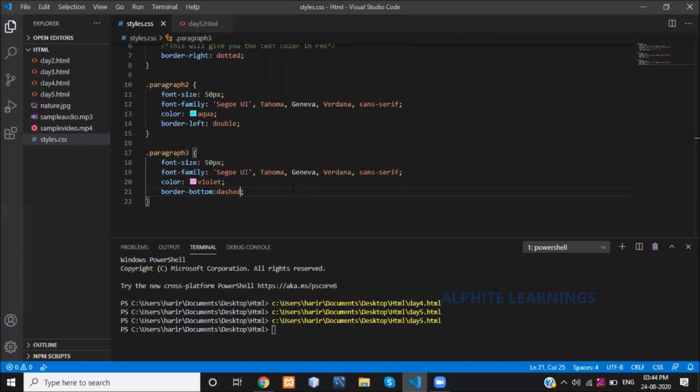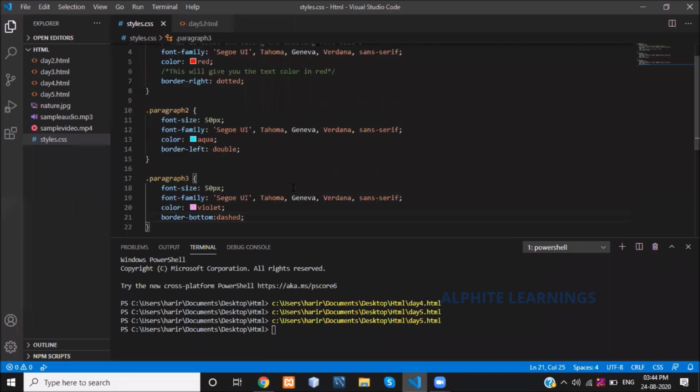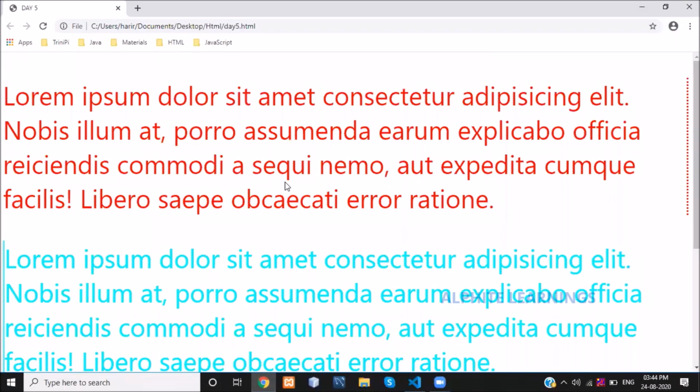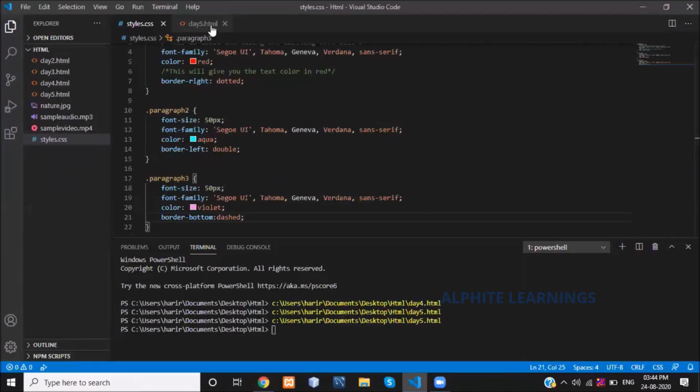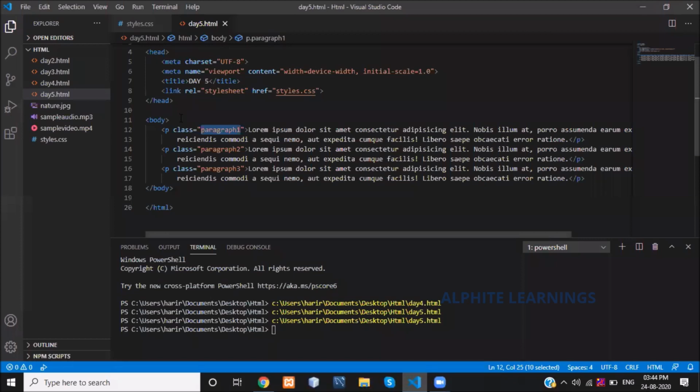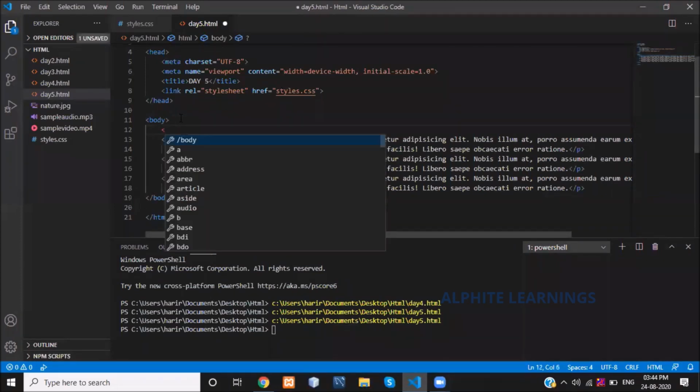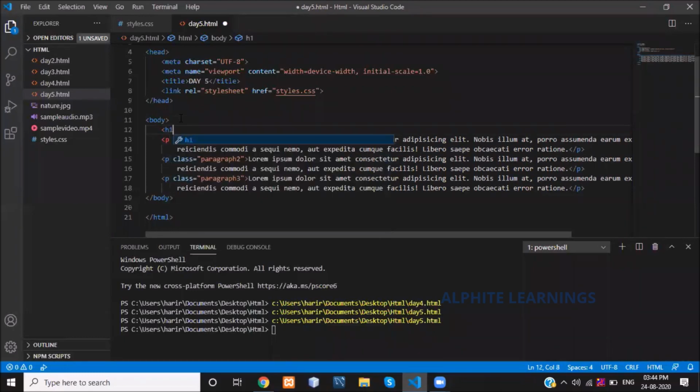So we are moving to the next part of the style. If I want to underline my headings, for this I'm just adding a heading like H2 for my first paragraph.